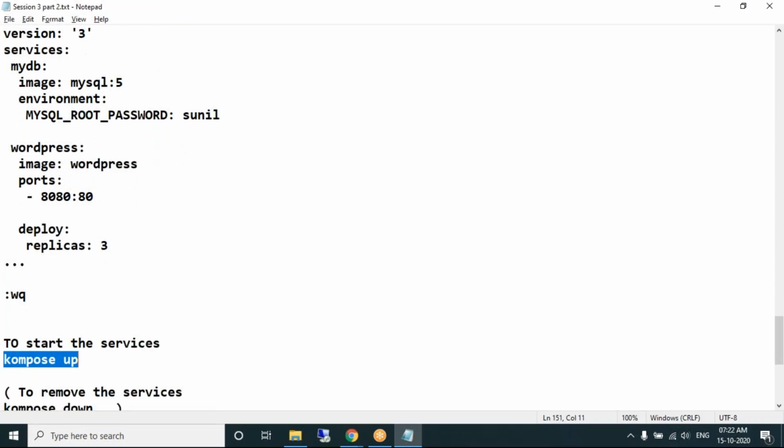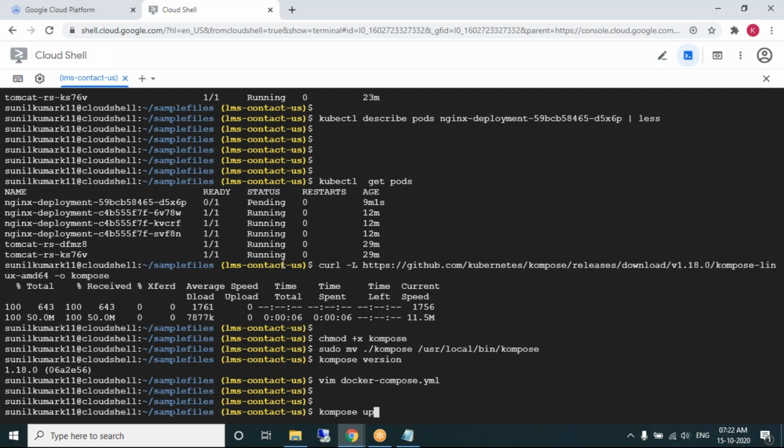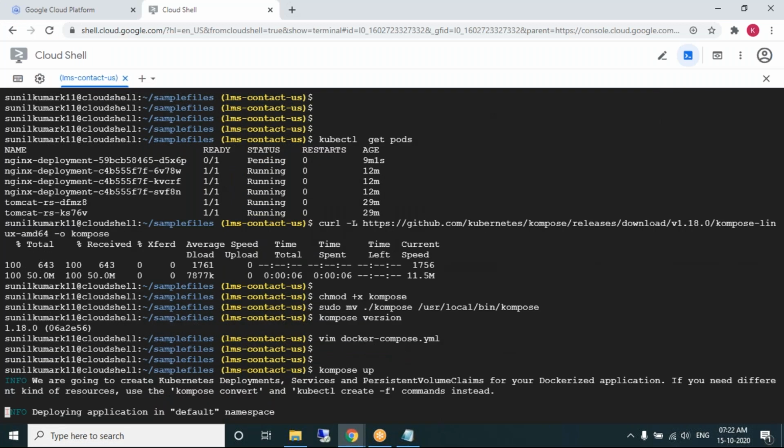To start these services, compose-up. When you use compose-up, this docker-compose.yaml file is used, and the above multi-container architecture can be created.